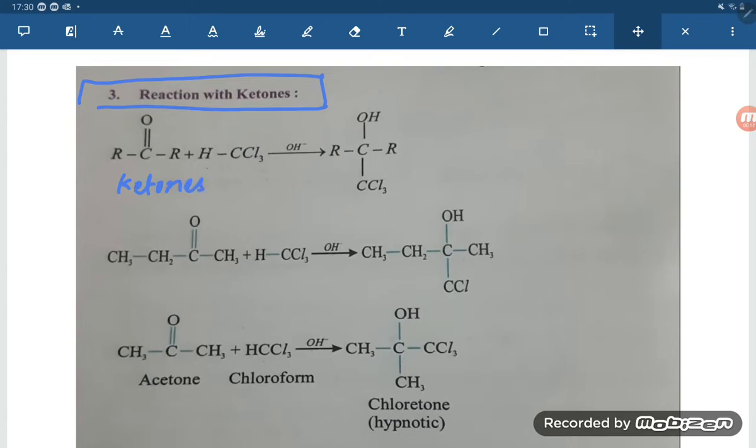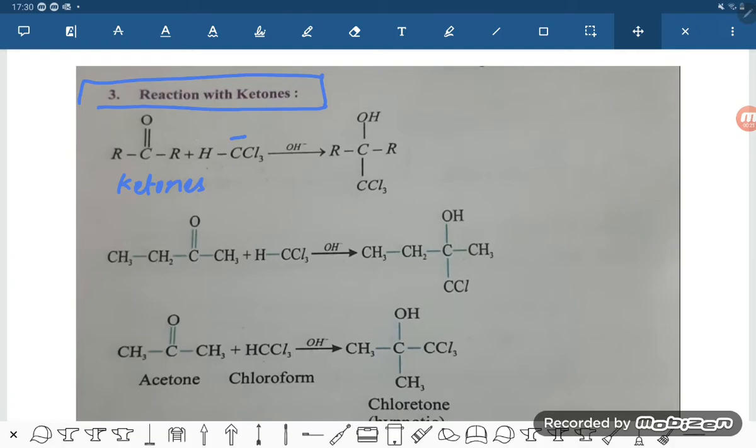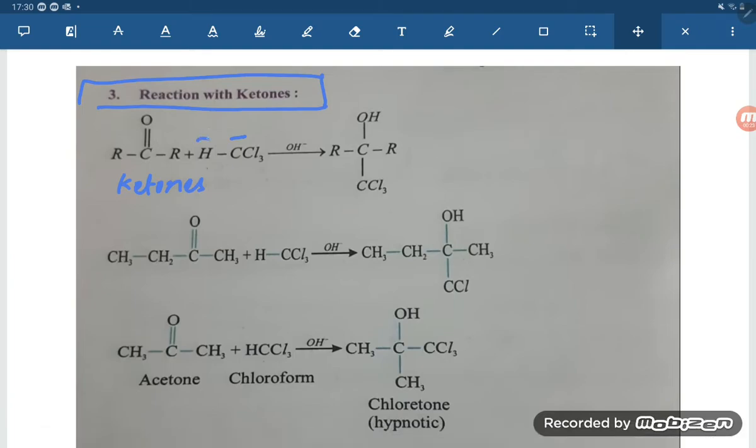Okay, this ketone, this one is the negative charge, and on this ketone, this is the positive charge. So what is happening, student, this negative charge is getting attacked here. So if it is attacking here, this will attract here. So what the product is forming, student, O will become OH, and that C with CCl3